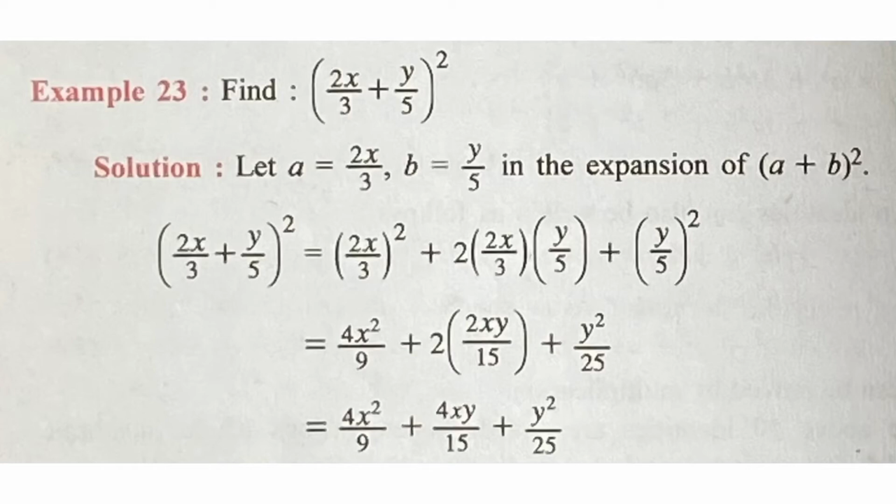Students, here you have to keep in mind that when you are doing this square, you have to do the square of both the terms. For example, (y/5) whole square will be y square by 25. Most of the times students make the mistake, they write y by 25. When you are squaring, you have to square y also and 5 also. Same way, (2x/3) whole square, here you have to do square of 2, square of x and square of 3, which is equal to 4x square by 9. So in this type of questions, you have to be particular in squaring.